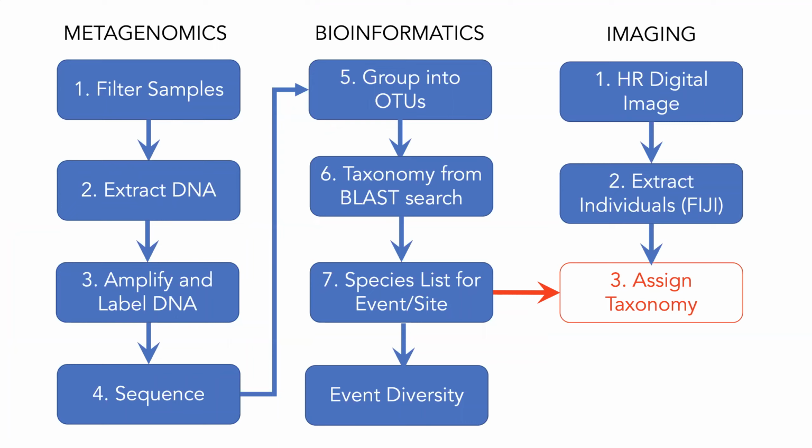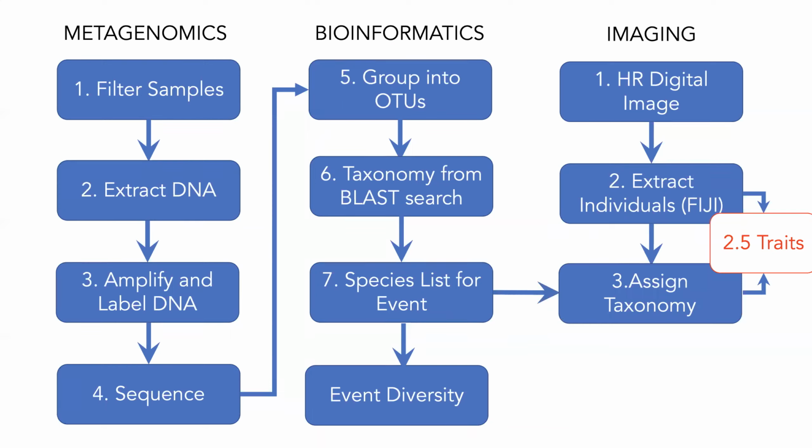Once we have the images, we assign taxonomy, and we do this a couple of different ways. One of them is I look at it and I go, okay, that's a myriapod. I don't know myriapods very well, so I'm just going to call it a myriapod. But we can also use the species list taken from the sequencing to get a more refined taxonomy for the image. So I can look through the list of myriapods that were found for that event, and I can then use images on the internet or field guides or whatever in the literature in order to assign a more refined taxonomy.